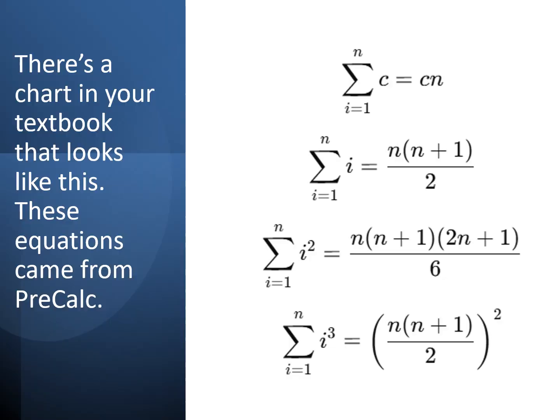Anyway, these are the equations that you would be using, and there's a chart in your textbook that looks something like this, and this is a very useful chart. They look a little crazy, but it makes complete sense. I think that you should try a few of them: try adding up the first 4 numbers, and then the first 10 numbers, and then the first 20 numbers, and see if you can figure out why